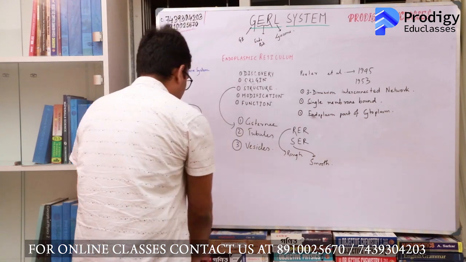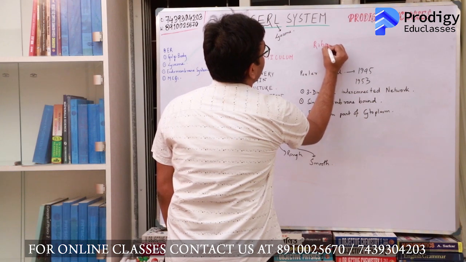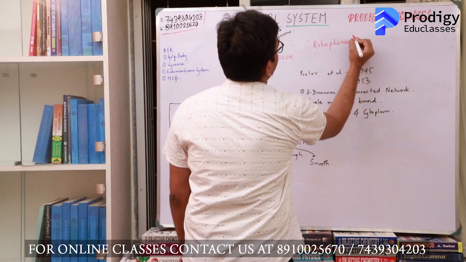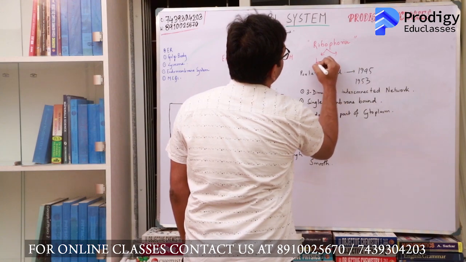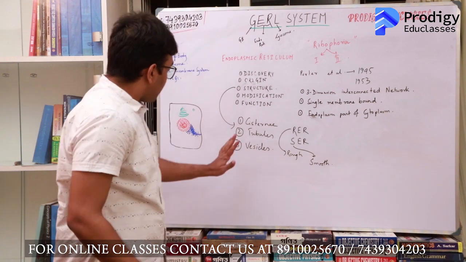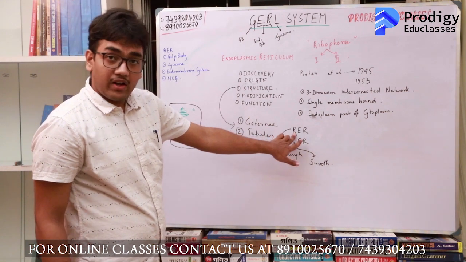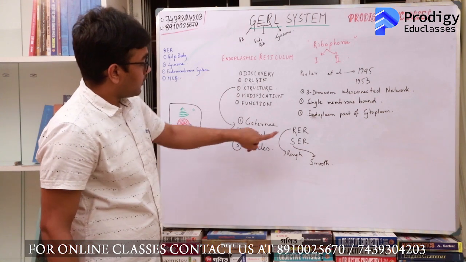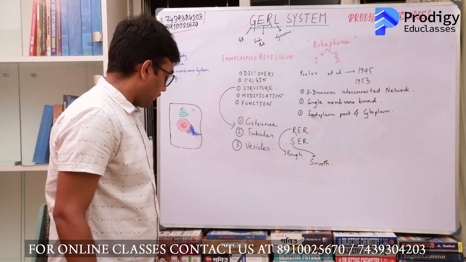Now ribosomes are attached to the endoplasmic reticulum with the help of a protein known as ribophorin. This is a glycoprotein molecule which keeps the ribosomes attached to the endoplasmic reticulum. These are of two types, ribophorin 1 and ribophorin 2. So primarily, when the endoplasmic reticulum is formed from the nuclear membrane, you will form the rough endoplasmic reticulum with ribosomes, and in the other part, smooth endoplasmic reticulum is formed by the detachment of ribosomes from the endoplasmic reticulum.